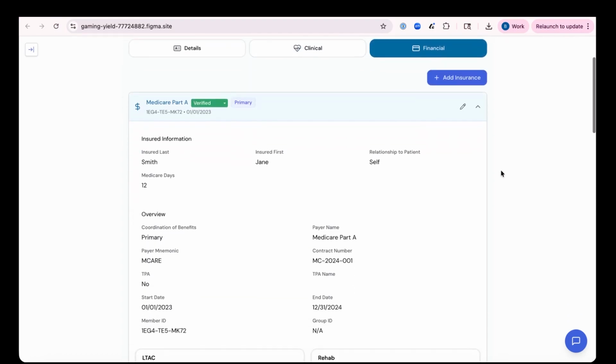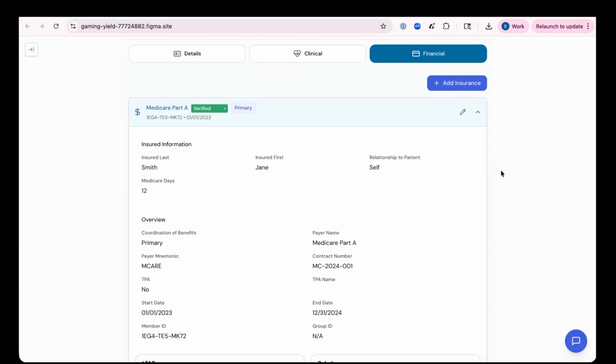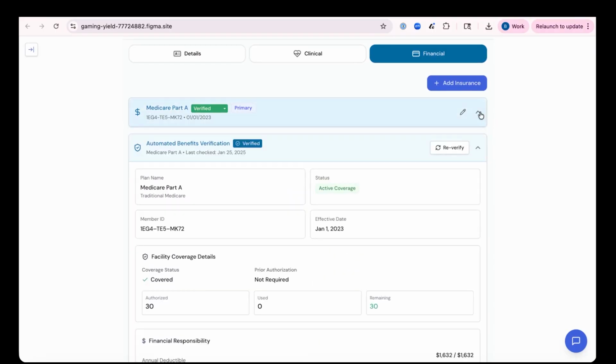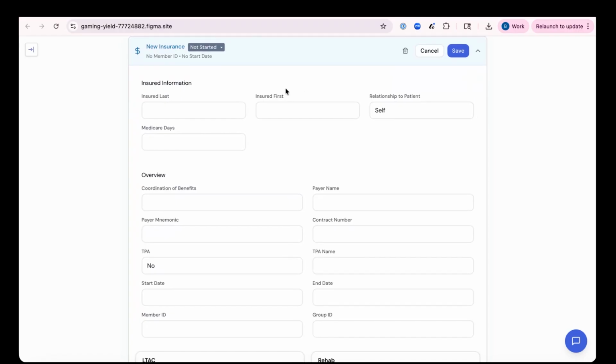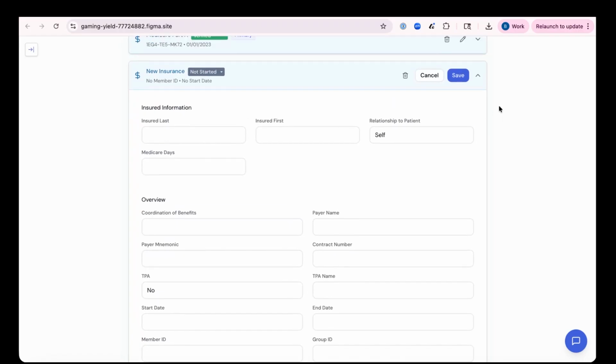In addition, we're also running the financial information about patients as well. What insurance they have, whether it's active or not. We support multiple insurances. So if you need to add an insurance for secondary or tertiary, you can add that for patients as well, and we'll run